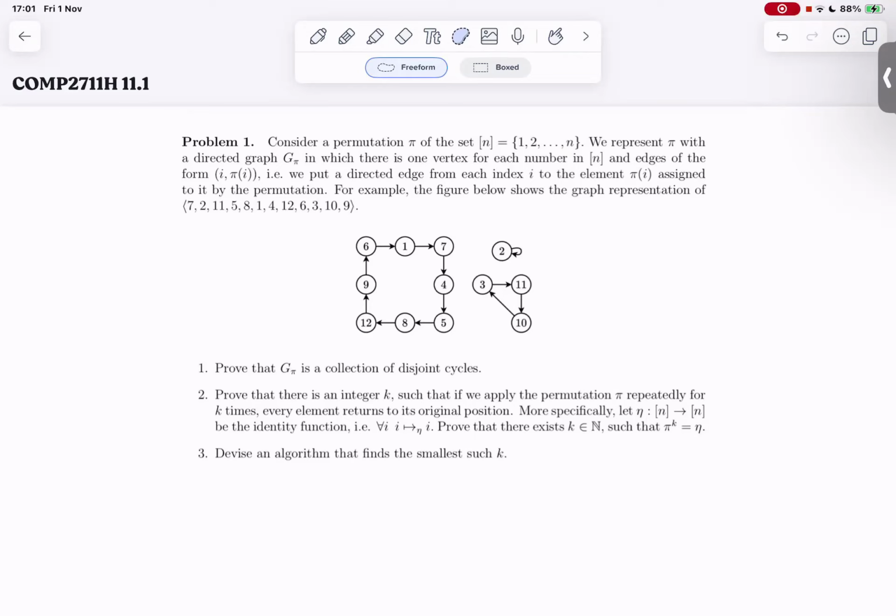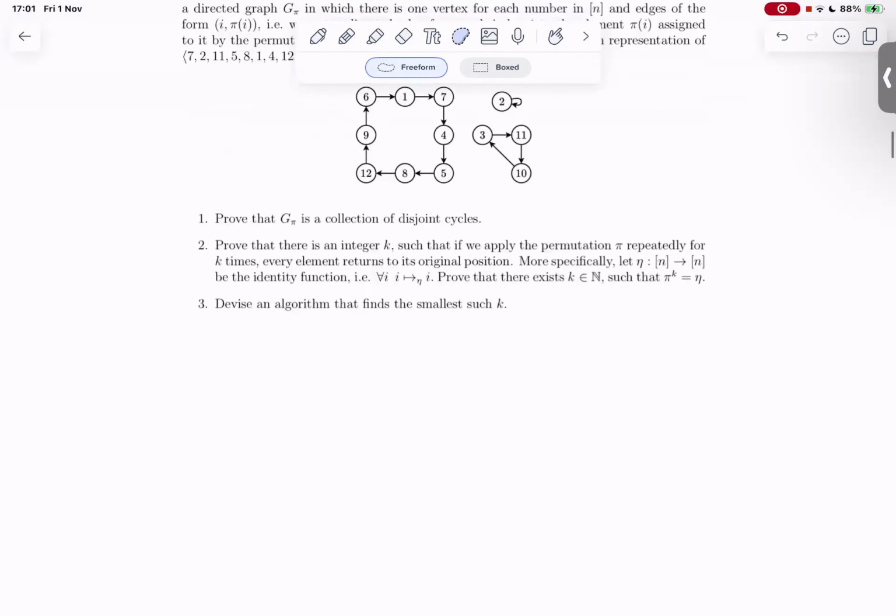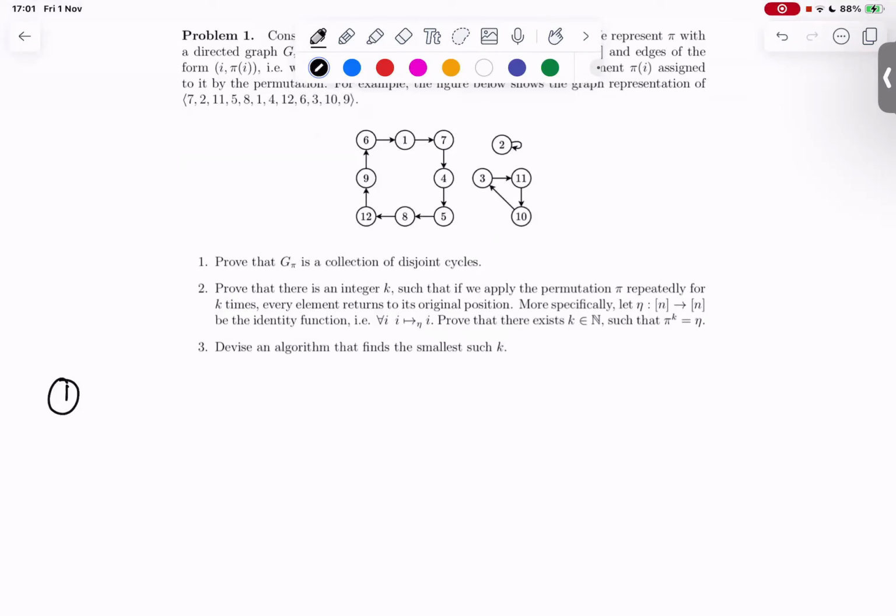If we represent the permutation pi with a directed graph, then for the first problem we have to prove that G pi is a collection of disjoint cycles. So the way we prove that is,